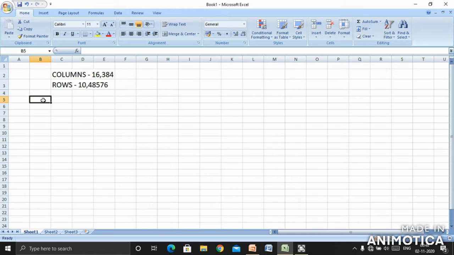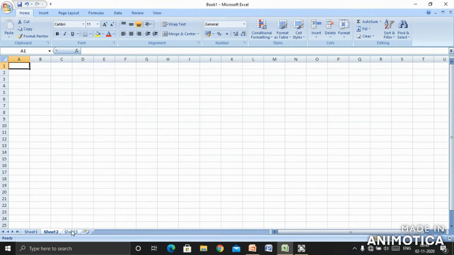Clear up till here? Now this is your working area where we perform all the calculations. At the bottom of the screen you can see the status bar, and above the status bar you can see the sheets: sheet 1, sheet 2, sheet 3.